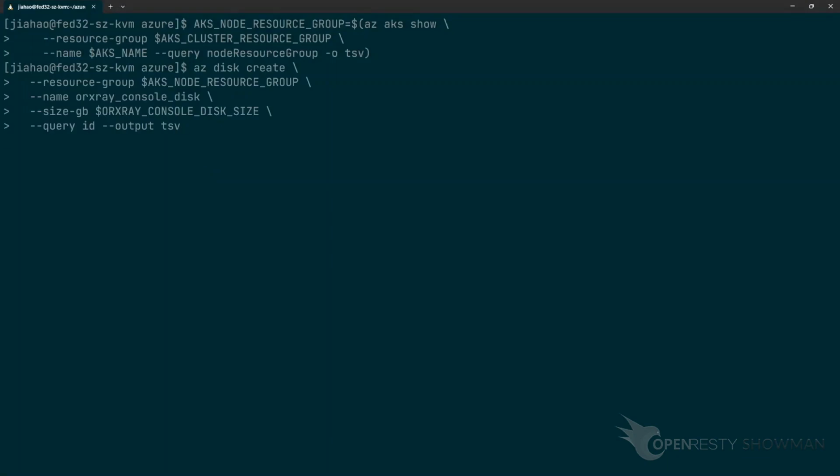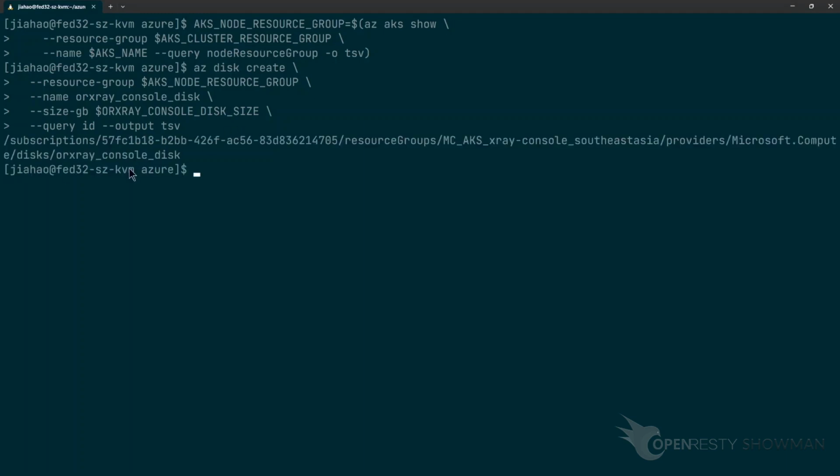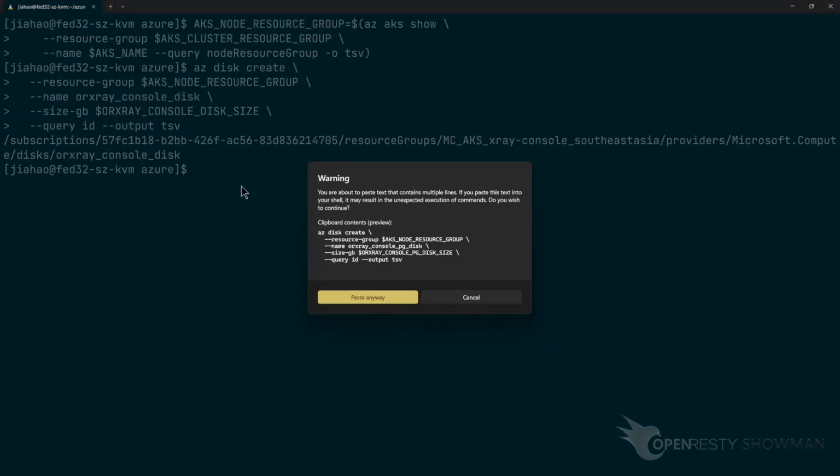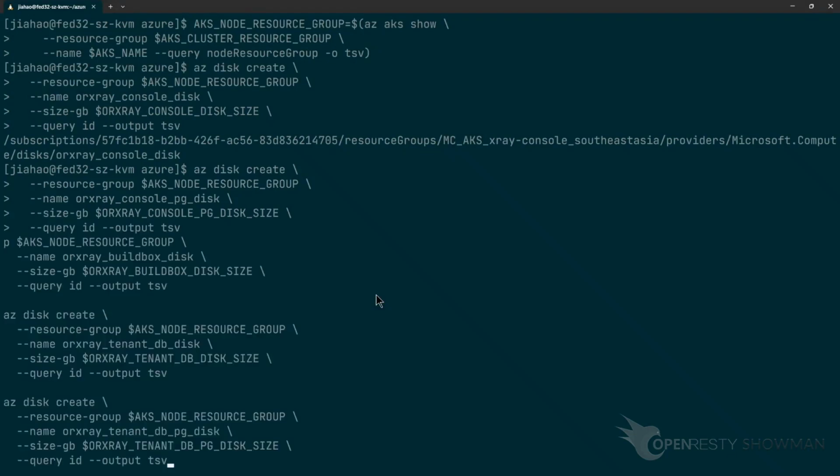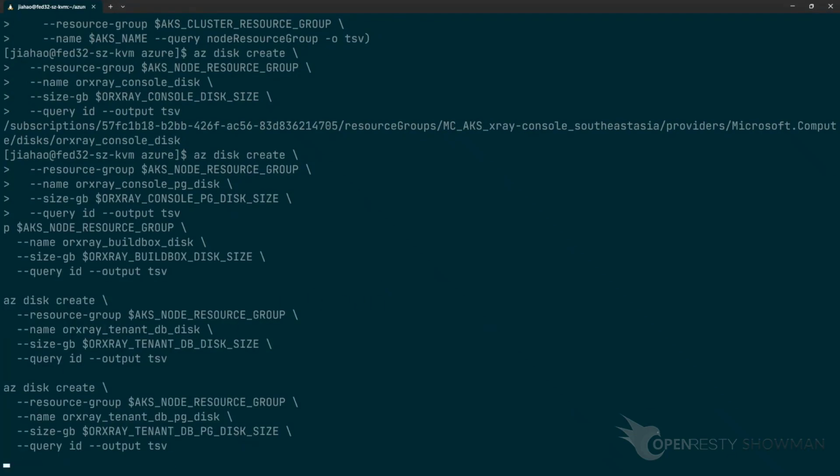Then use the command to create an Azure disk. Use the same commands to create multiple disks to be used. These commands are described in our documentation.